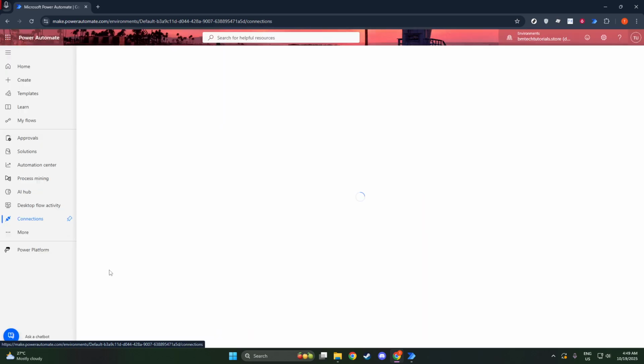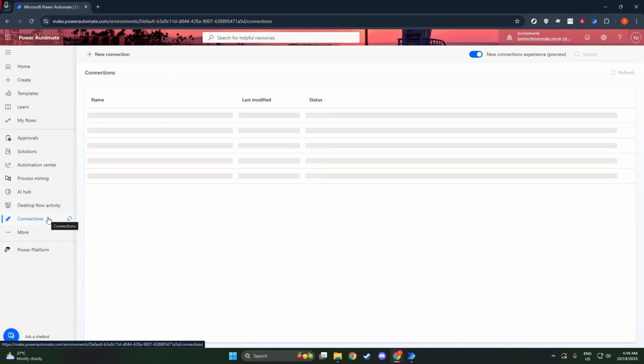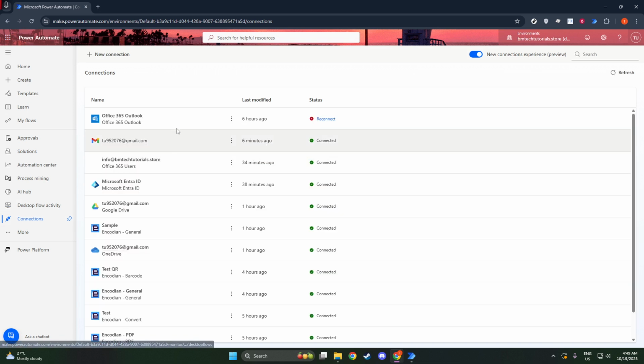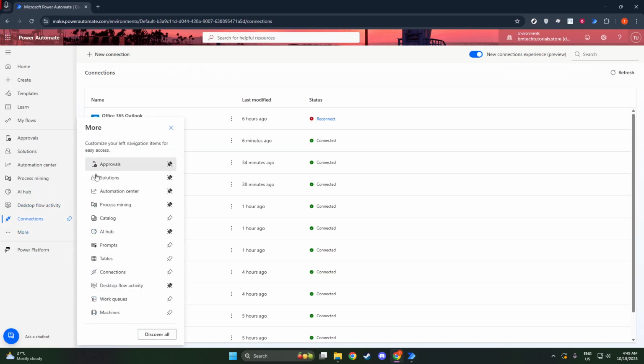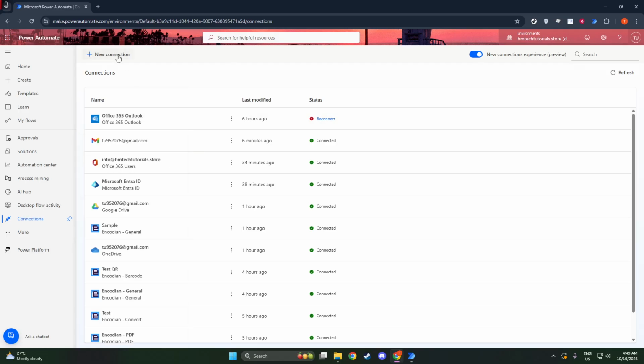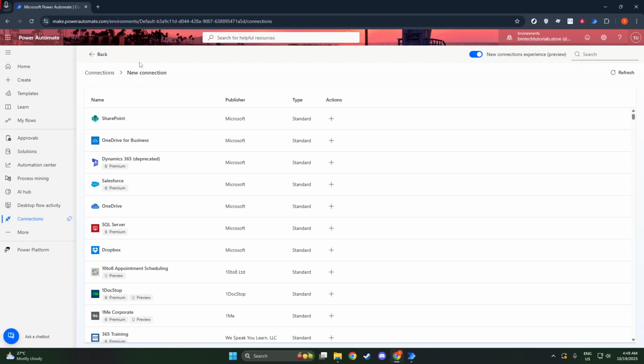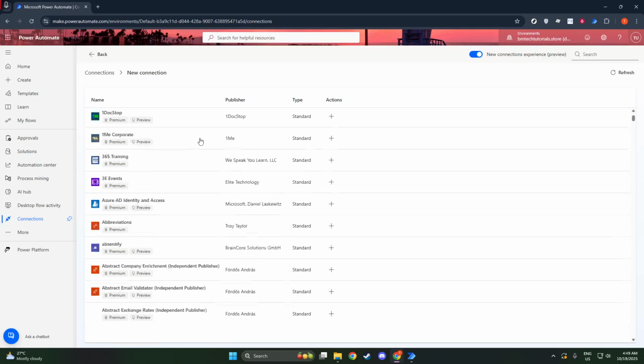Next, direct your attention to the left navigation pane of the dashboard. Here, you'll find various options such as My Flows, Templates, and Action Items. However, today, we're going to focus on the Data section to manage our connections. Click on Data, and from the options that appear, select Connections. This area is critical because it shows an overview of all your existing connections and provides you the interface to